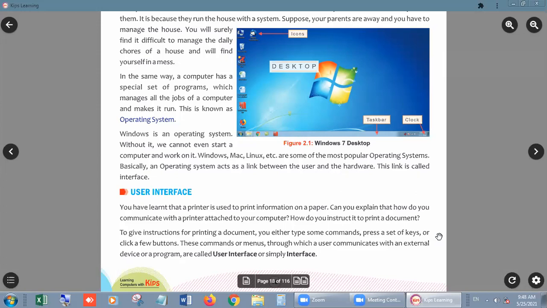Who told the printer what, how and when? The printer doesn't know about it, but it can print. And how is it possible to give instructions for printing a document?